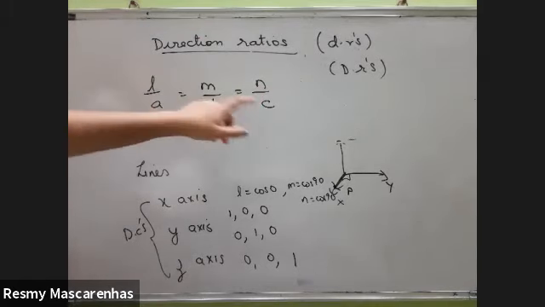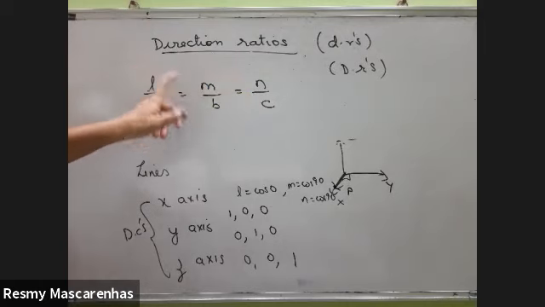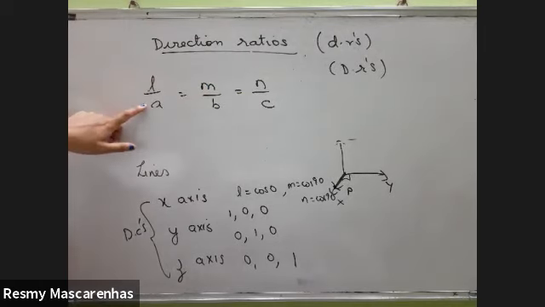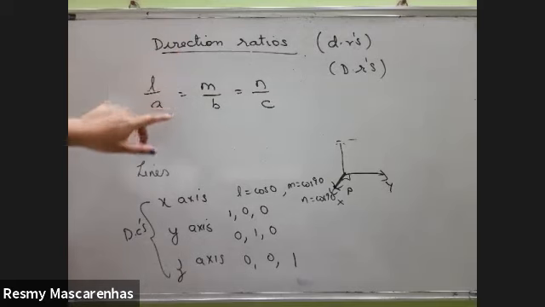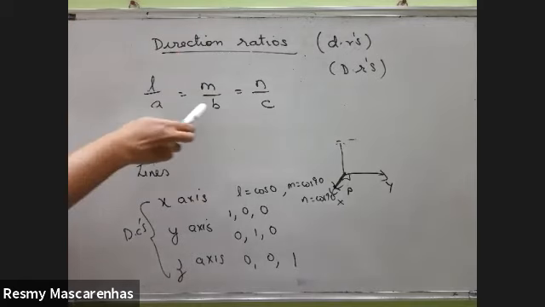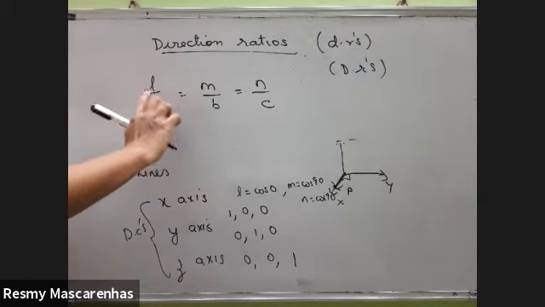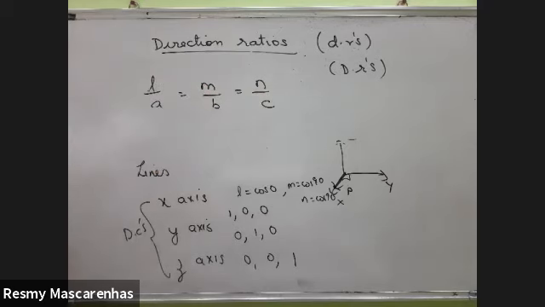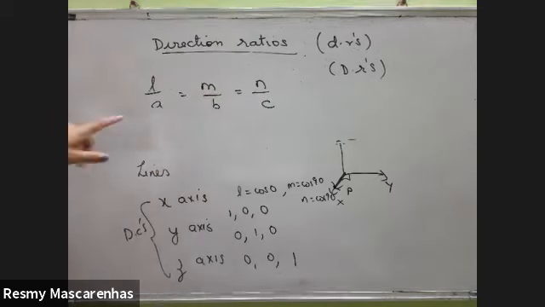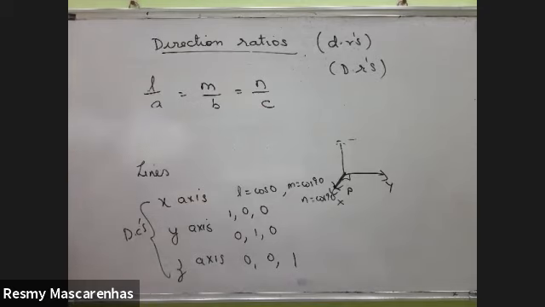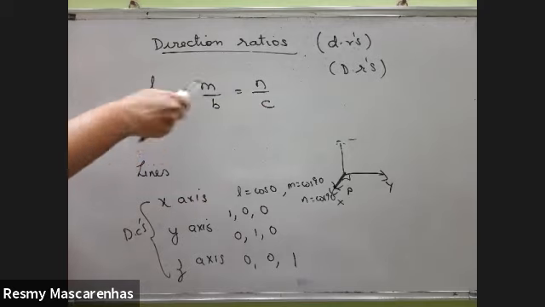So any numbers, if you are dividing by this particular, all will become in proportion. As we solve the problem, we will understand what the actual meaning of direction ratios is. Even if it's a bit confusing now, it's okay, because later we'll understand exactly what it means. If you are dividing by a single constant number, by all the three, that will be called the direction ratios A, B and C. This could be a multiple of 2, it could be a multiple of 4, like that.